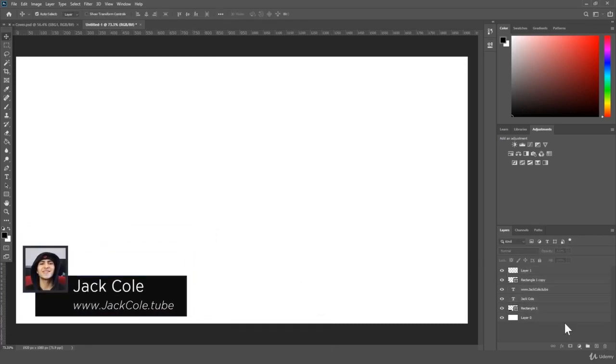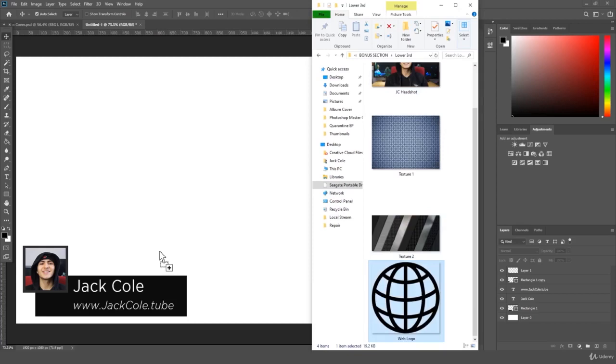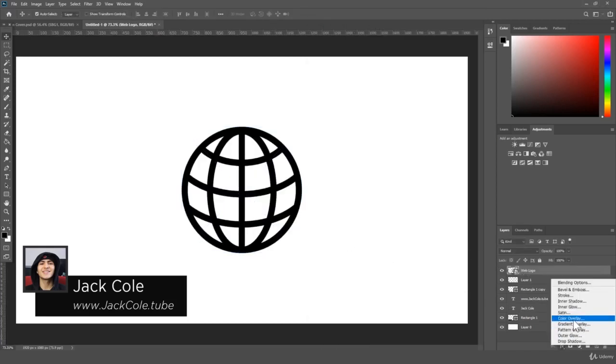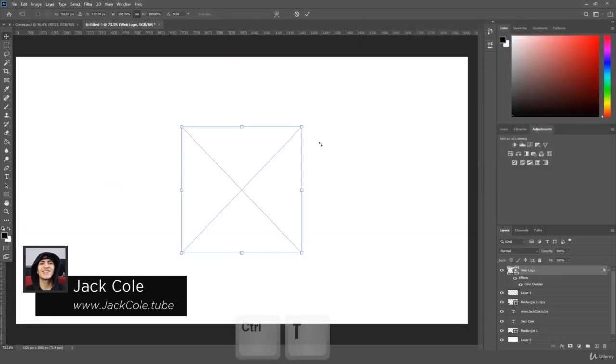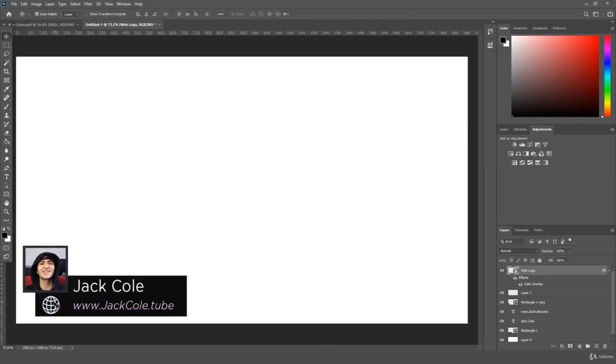However, still, it's looking very basic. The reason for that is a couple things. I want to add a web logo. So we've got the web logo right here. Drag that in. Go down here to effects. Go to color overlay. Just quickly make that white, which obviously you can't see it, but press Control-T, and it appears. And then we can drag that down here and put that here. And I'm thinking I just want to have that right next to the actual